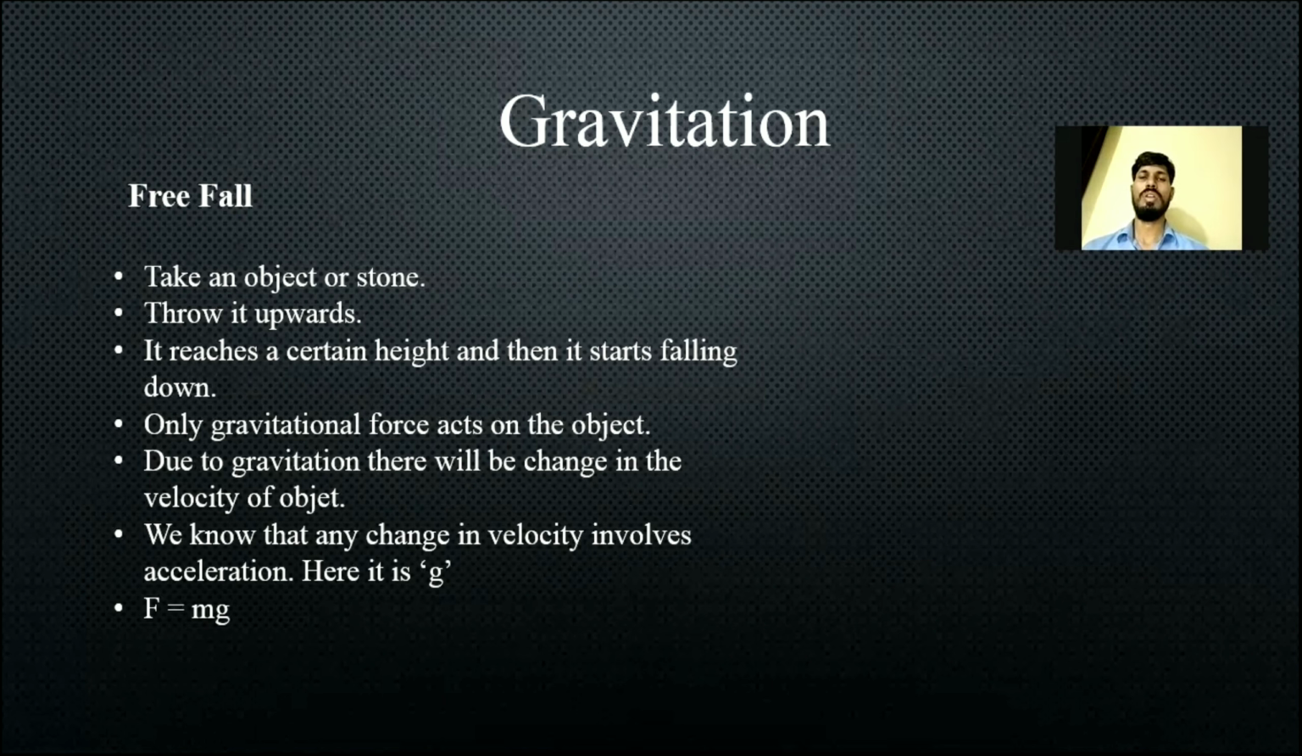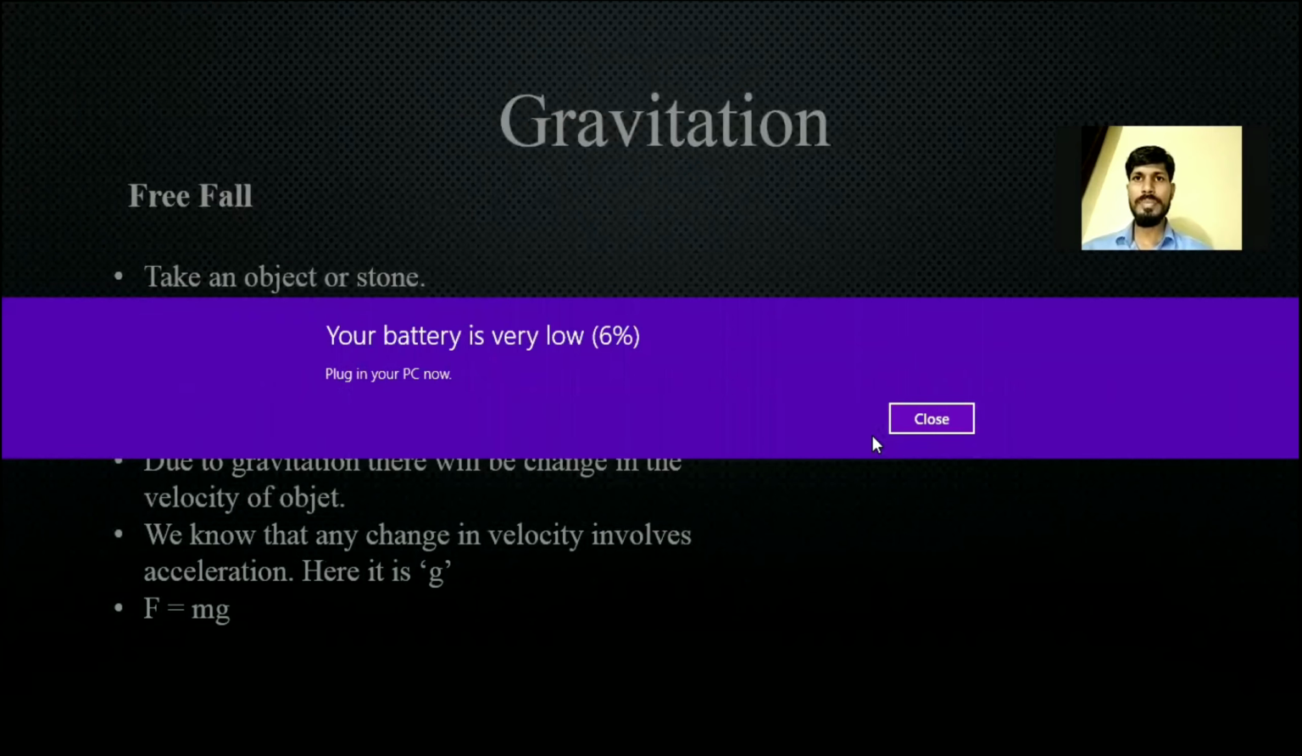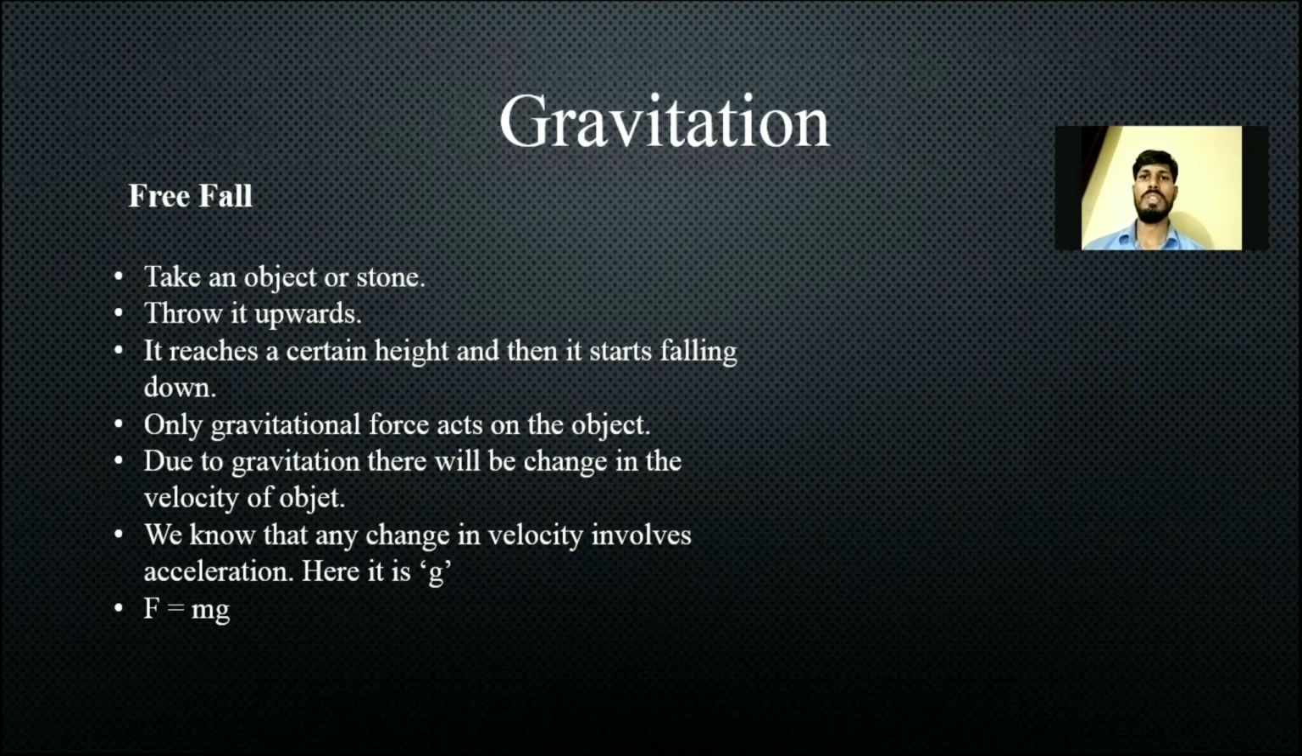Now let us discuss free fall. In simple words, if there is no other force than the gravitational force acting on an object, then the motion is called free fall. If you jump from a higher altitude, let us say 5 feet or 10 feet, you can experience free fall. Take an object or stone and throw it upwards. It reaches a certain height and then starts falling down. Because only gravitational force is acting on the object, the velocity goes on increasing. That means the velocity is changing, so there will be an acceleration associated with it. Here the acceleration is due to gravity, nothing but g. So force equal to